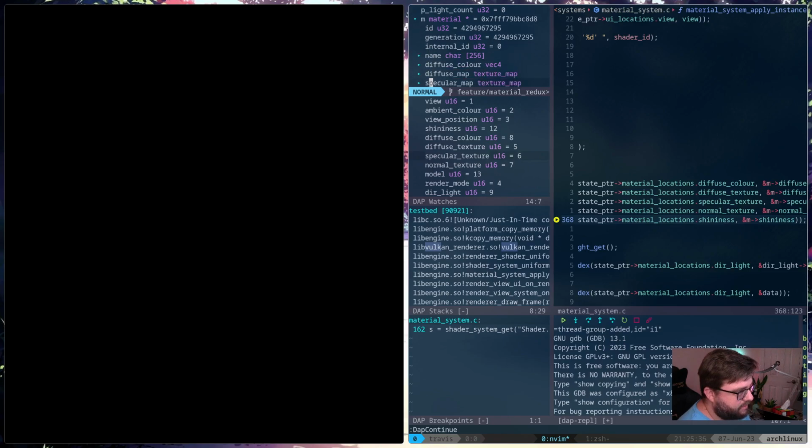Internal ID is 0. Name is default. Okay, diffuse colors 1. The diffuse map texture is what?